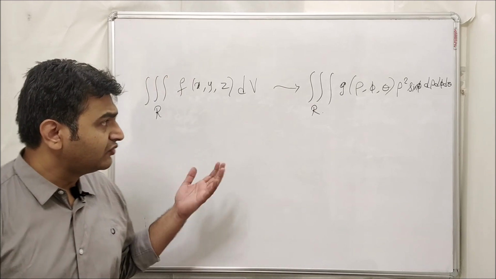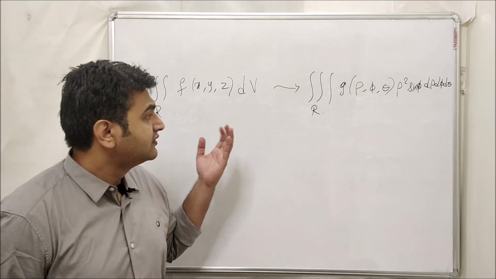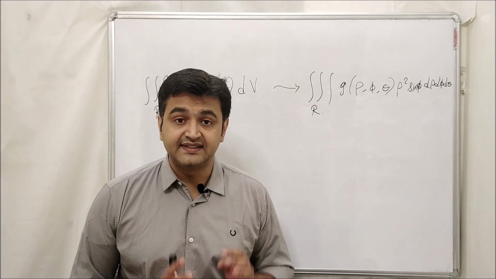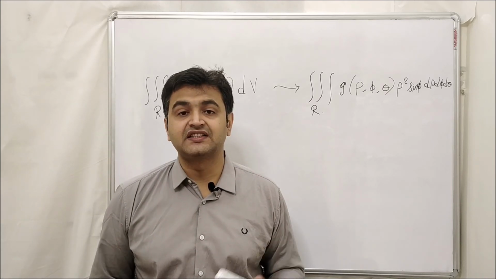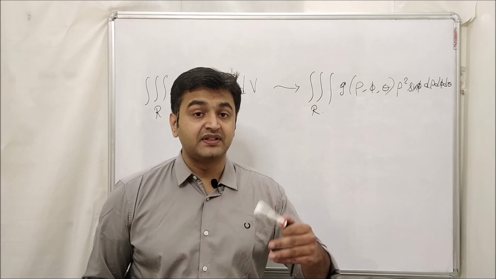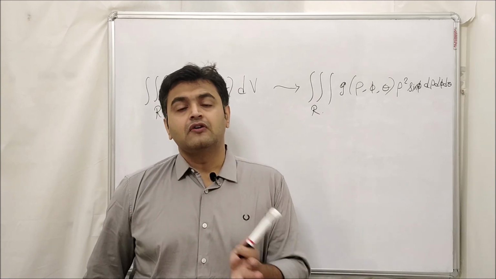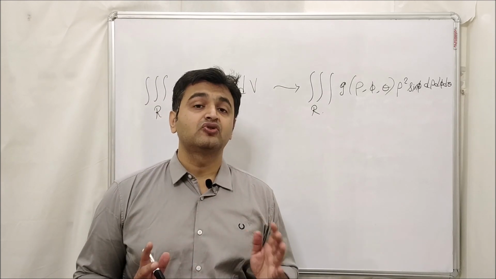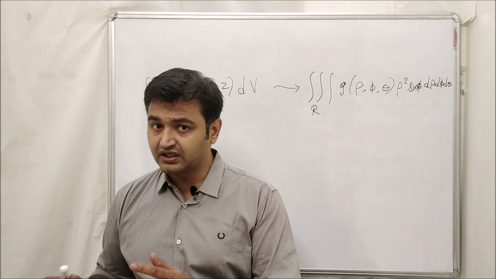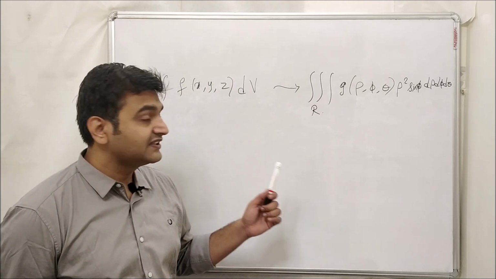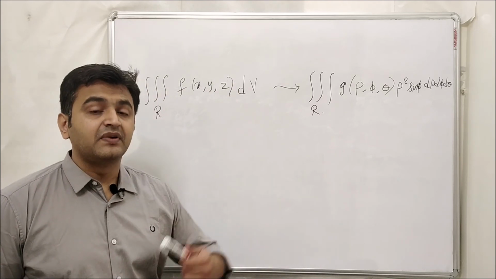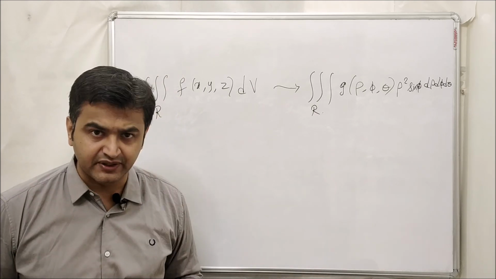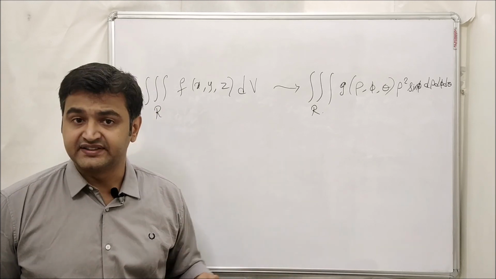Now usually students ask me when to use cylindrical, when to use spherical, when to use Cartesian. Whenever you see the word cylinder in the picture, or x square plus y square equal to r square, or x square plus z square equal to r square, or y square plus z square equal to r square, all these give you a cylinder. So whenever you see a cylinder, you prefer the cylindrical coordinate system. Whenever you see sphere in the word, or x square plus y square plus z square equal to 2 square or 4 square, or the equation of a sphere, you prefer the spherical coordinate system.